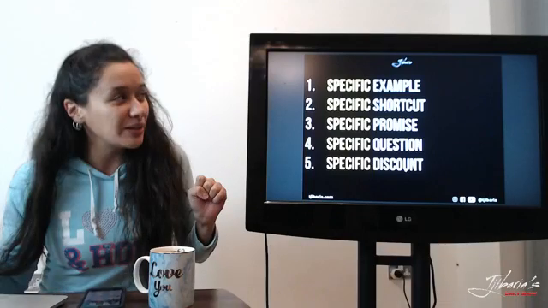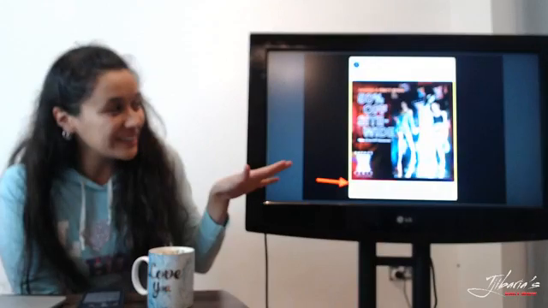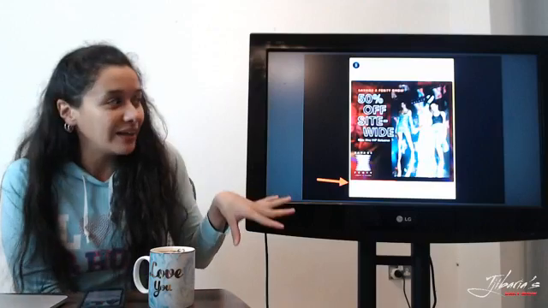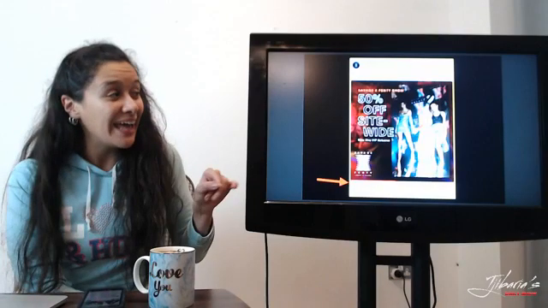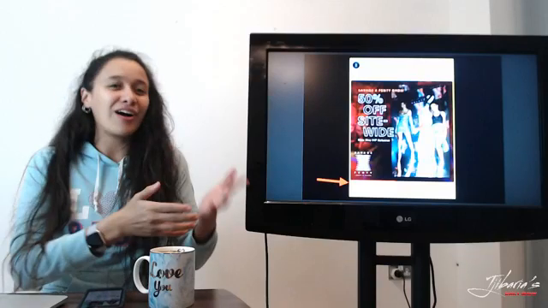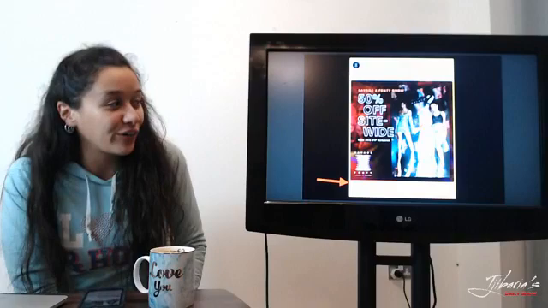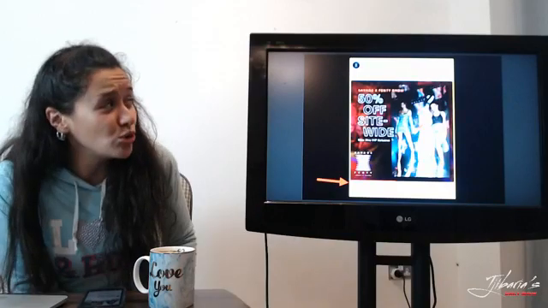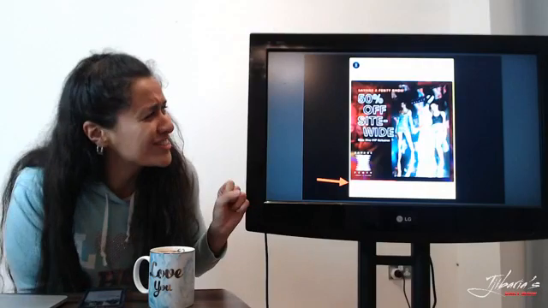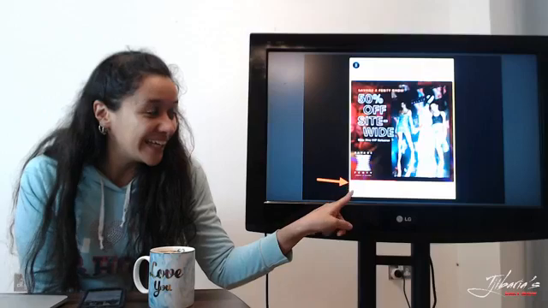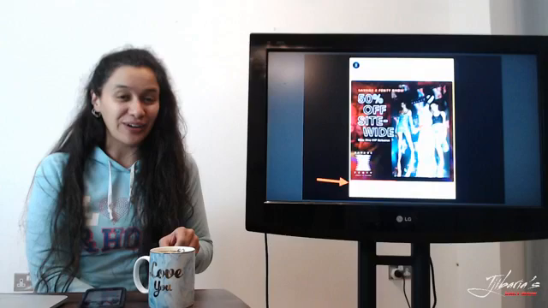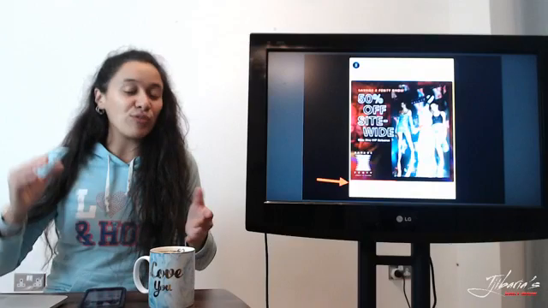This is an ad by Savage X Fenty, one of Rihanna's companies, for, in this case, I believe, lingerie, and this had to do with the big show that basically launched some new parts of her collection. And as you can see right here, it says in the copy, new arrivals, your fall refresh just landed. And the headline right here is get 50% off your first order, right? So this is an example of a very specific discount.